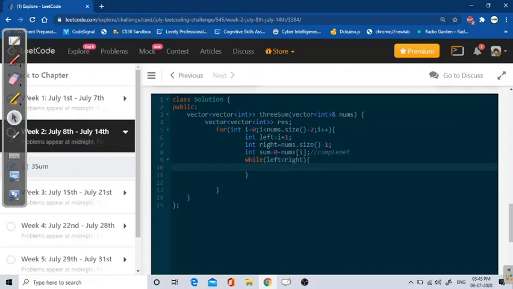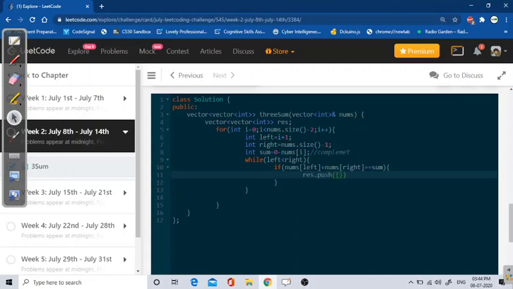Till now if my left is less than right, what I will do, I'll check if nums of left plus nums of right is equal to sum, that is complement. If it is, I will push in result. So for that I am pushing.